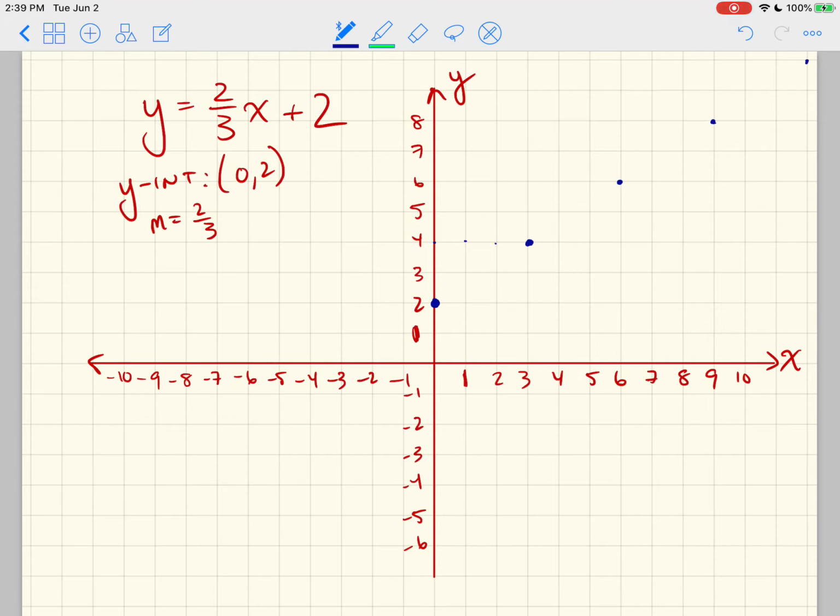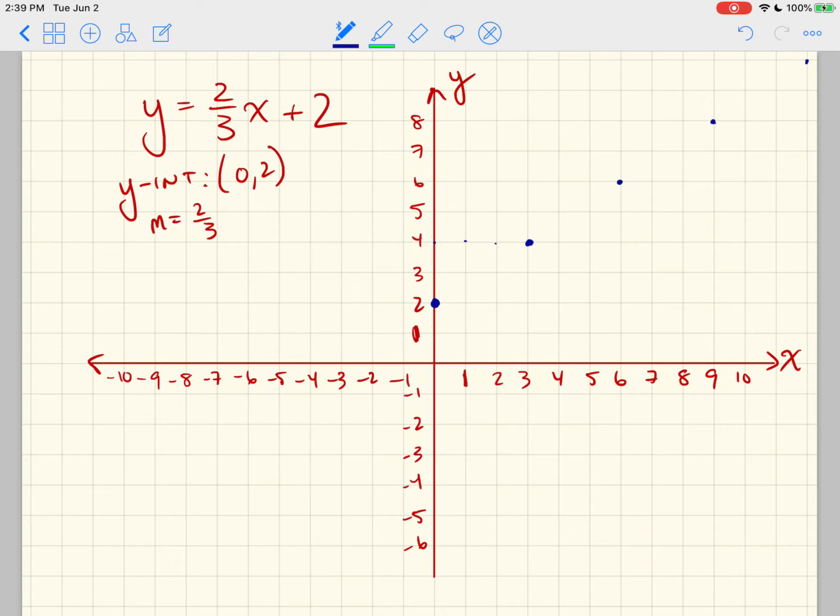Now, this is something very important. This graph that I drew is finite. It's not that big. It almost fills up the screen, but it's not that big. The graph, however, that I'm graphing, the line that I'm graphing, goes on forever. Like forever. It's infinite. So when you're graphing these things, just extend them to the edges of the finite graph. Give them the respect of extending them all the way to the edges of the finite graph you're given, especially